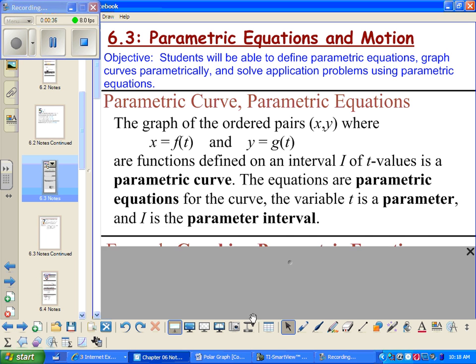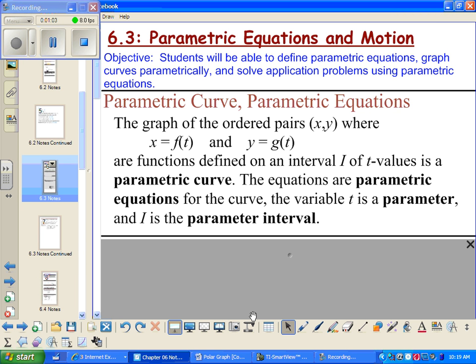We'll start with our definition. A parametric curve or parametric equation is the graph of the ordered pairs (x, y), where x equals f of t and y equals g of t are functions defined on an interval I of t values. So basically what that's saying is